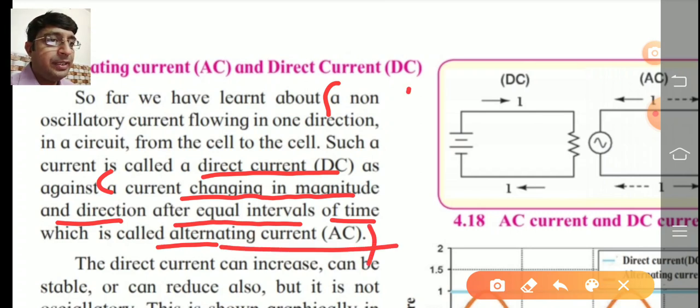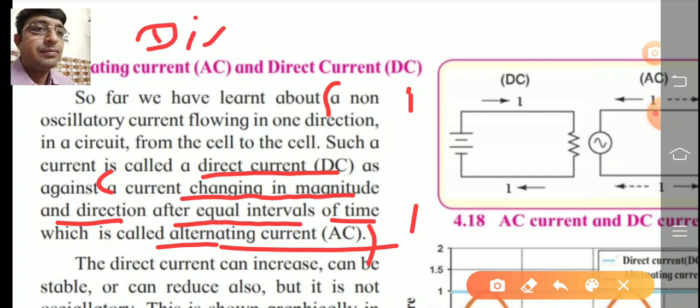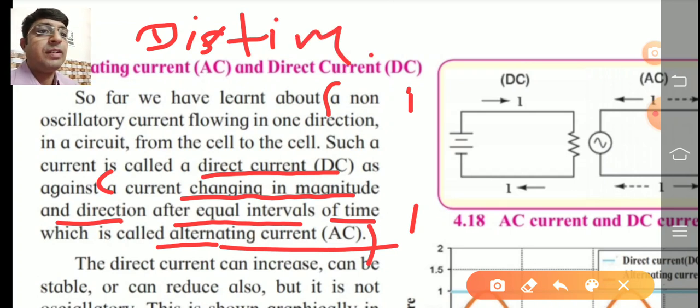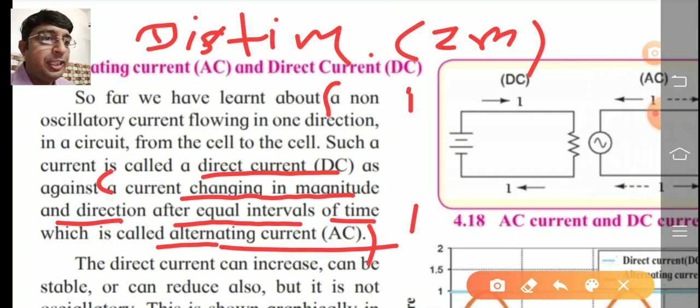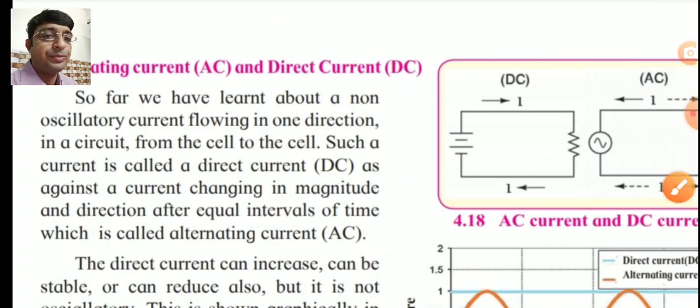So the first point in distinguish. If your question asks you to distinguish between, this question is for 2 marks. If you write the definition of both, you get only half a mark. In distinguish, if both the points are correct in both columns, then you get the marks. If 1 point is correct and the second point is wrong, you get 0 marks. That is the new rule of the SSC board.